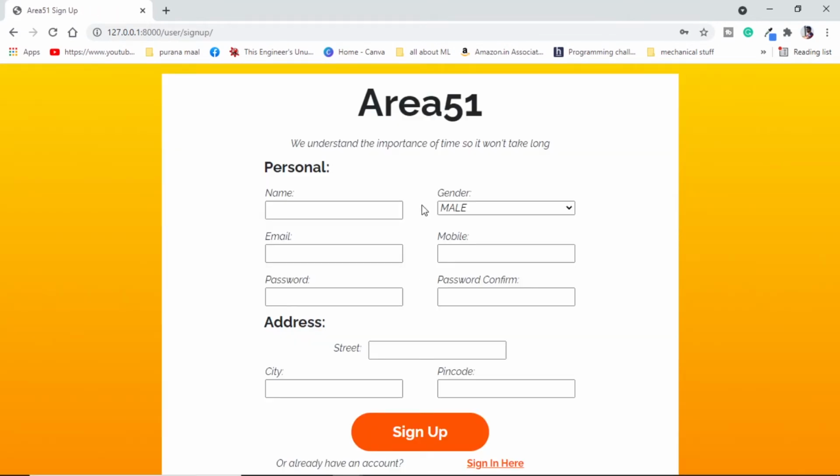On this page we can see we are getting everything, which is good looking, but let me point out two things here. For the mobile field, if we type any number, it will take, but we want the mobile number to be of 10 digits. And also the street field is small. We want it to be spread across the complete page. For that we will change our forms.py for these two things, and we will use widgets. Let me show you how.